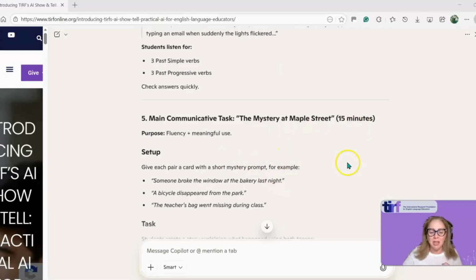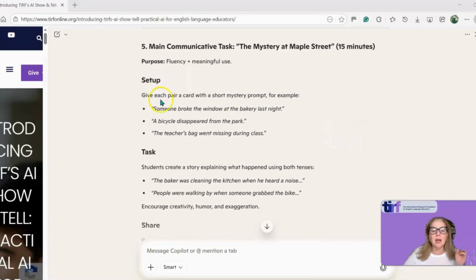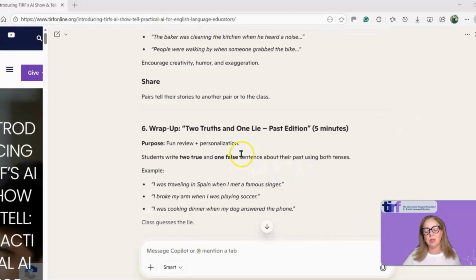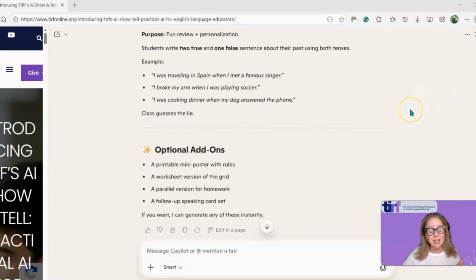There is still a main communicative task, which is, you see, pair work. So this is very interesting. It reminds me to put some pair work, some group work in my lesson. I like it very much. And then it wraps up the lesson with two truths and one lie that you can never go wrong with this activity. Students usually like it. As an ending